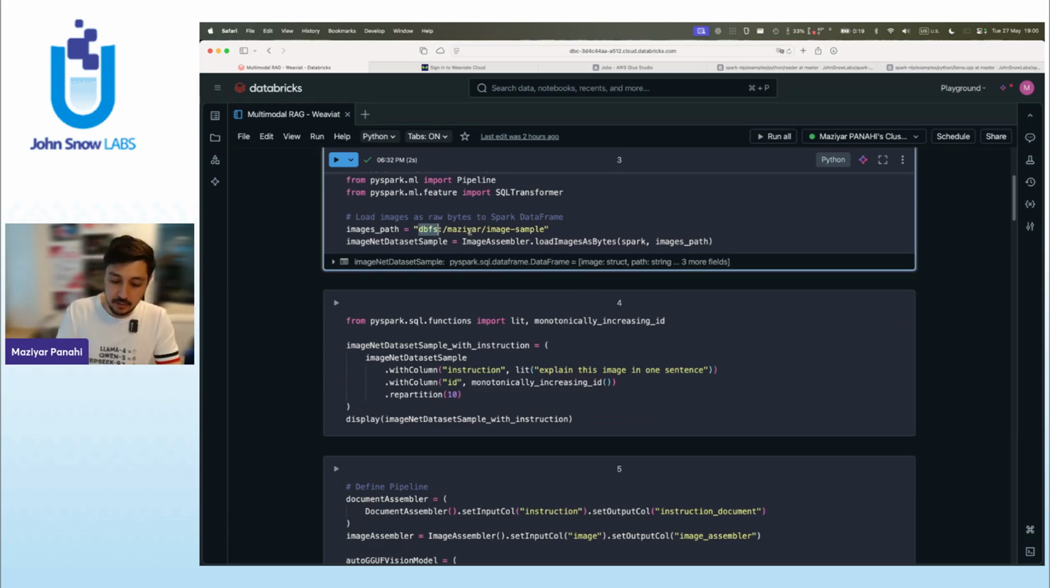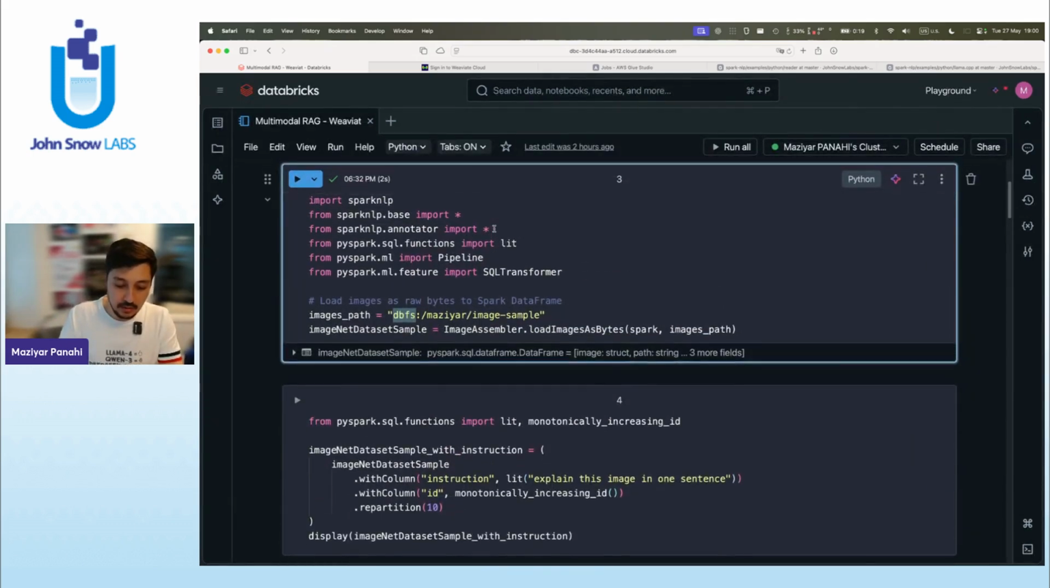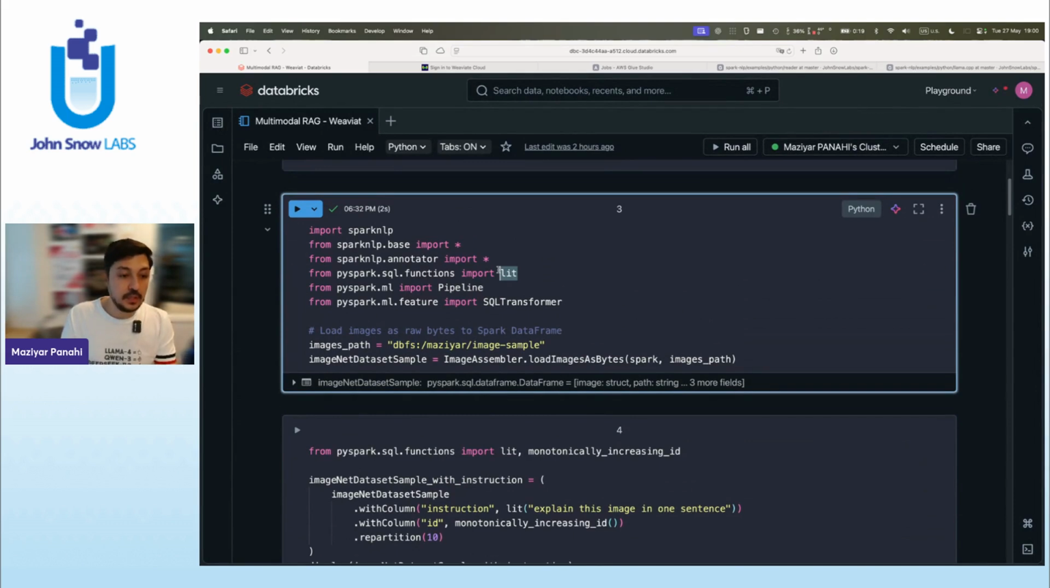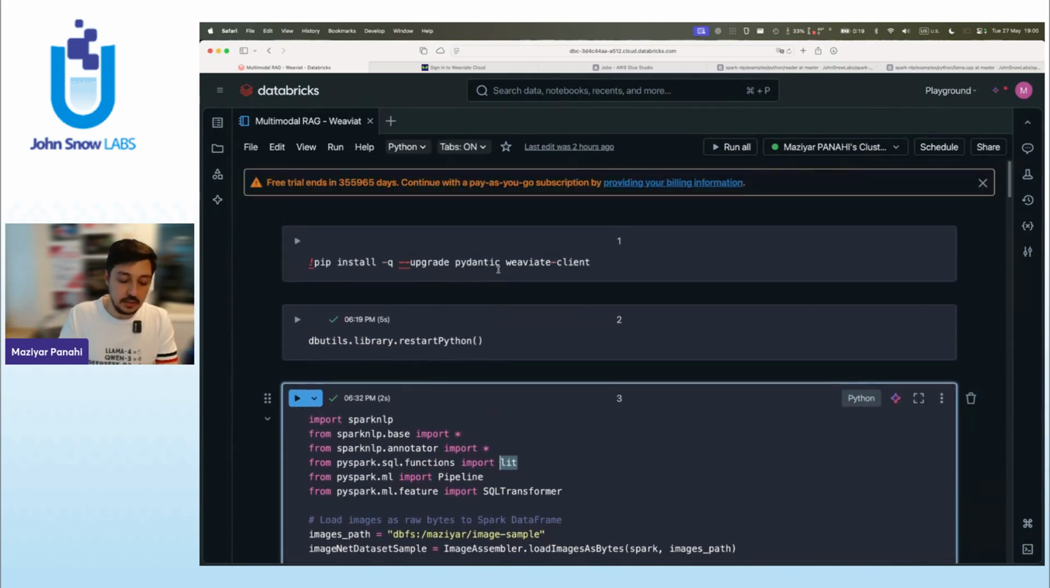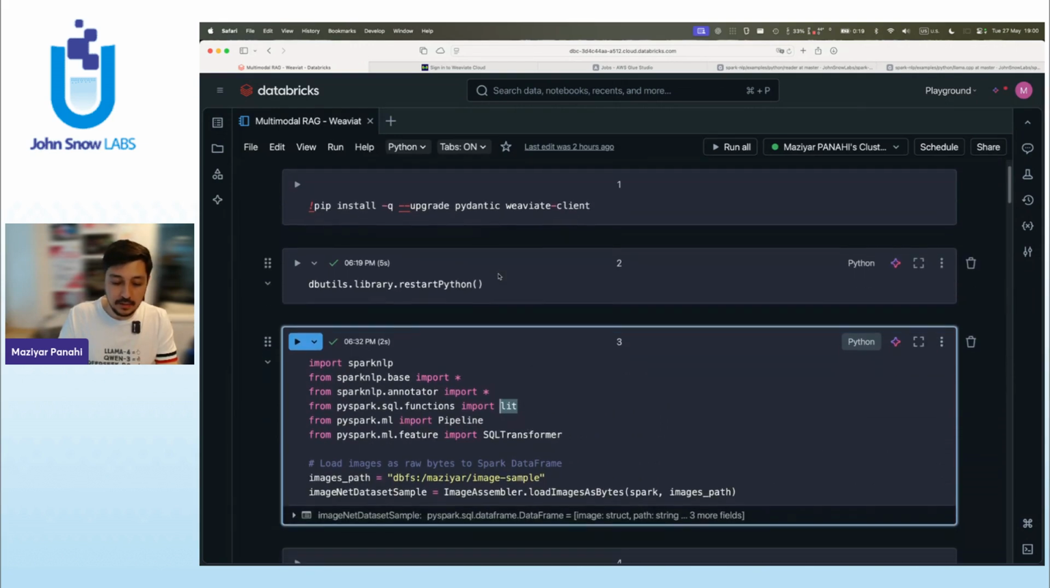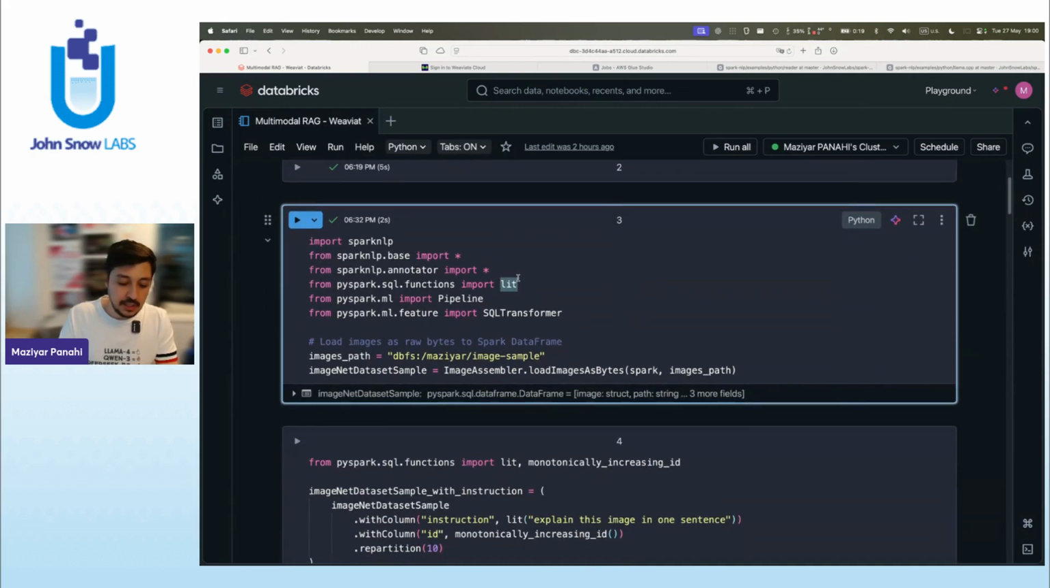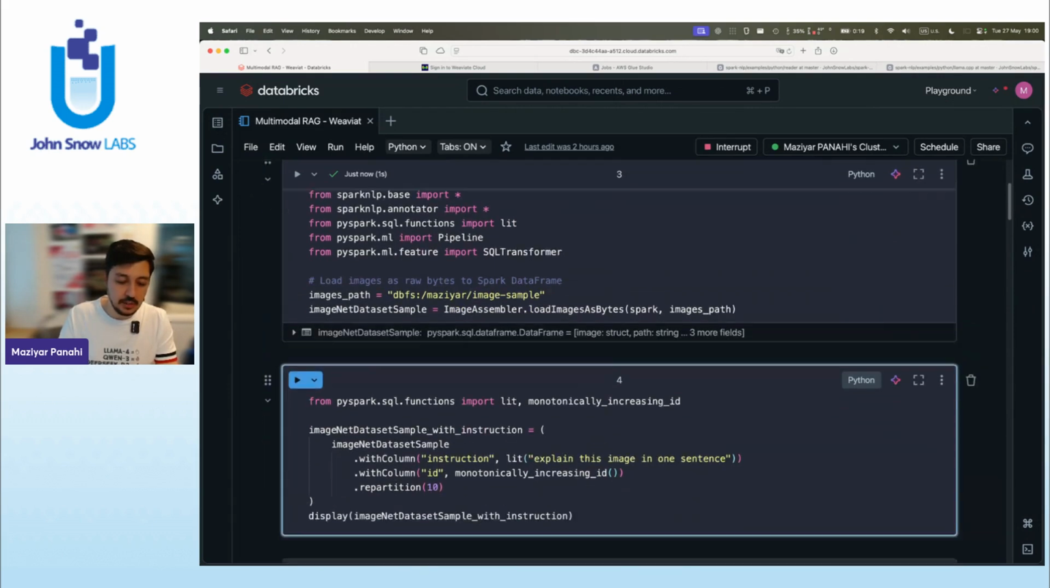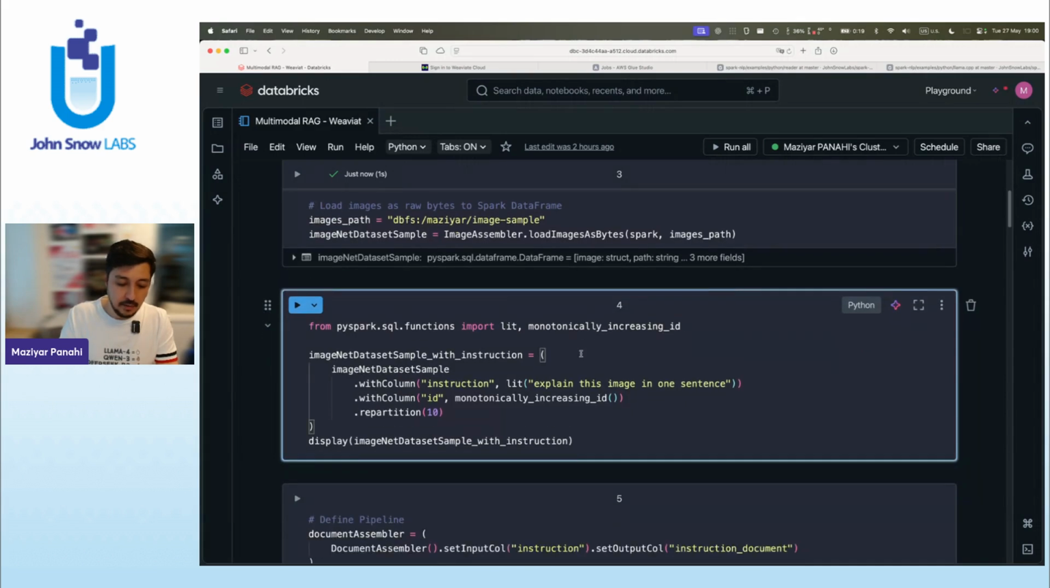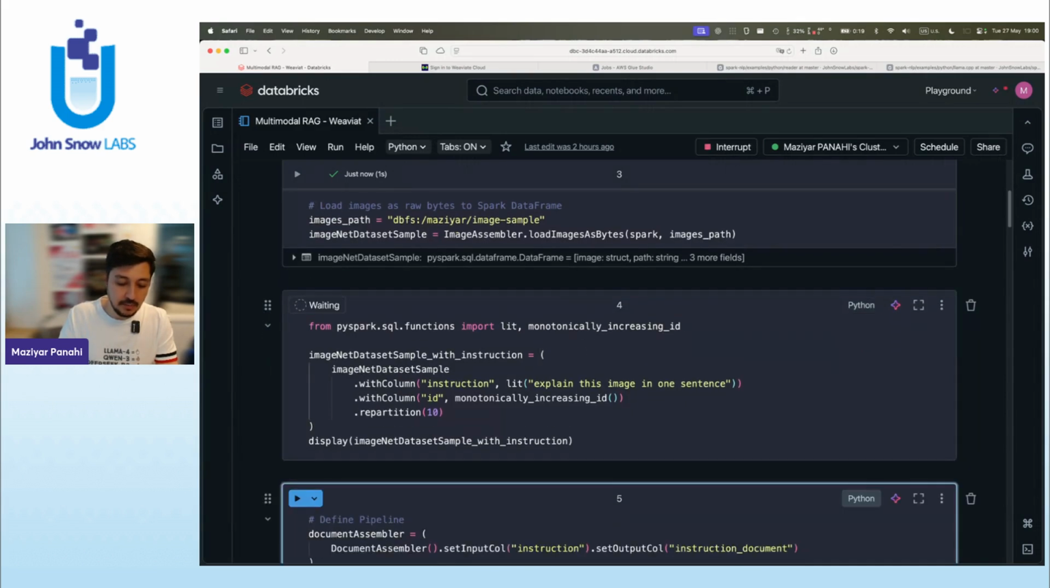Now, what do we have here? I'm going to zoom in a bit. Hopefully, this is going to work. Databricks already starts a Spark session, so don't worry about that. What we're going to do is point to a folder, image sample. I have around 100 images here. And then I'm going to just read them as